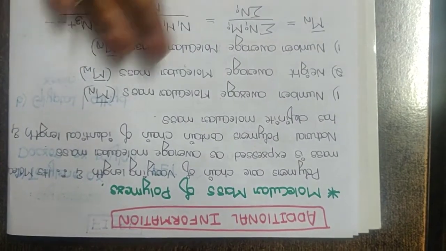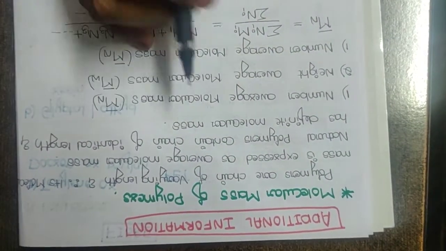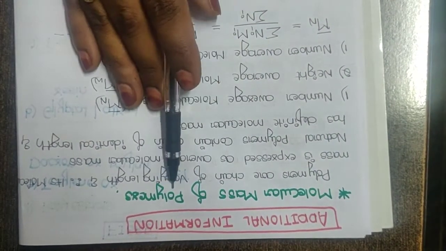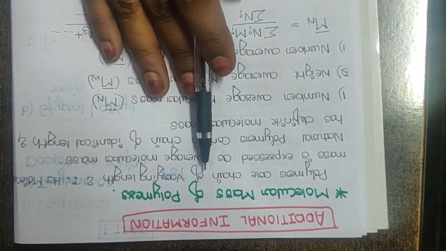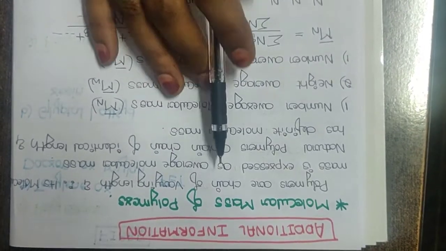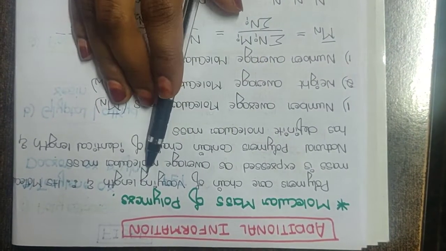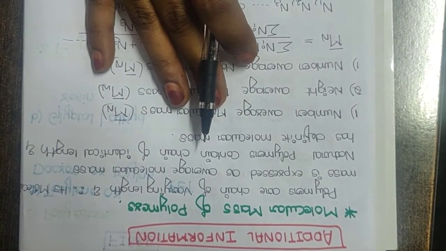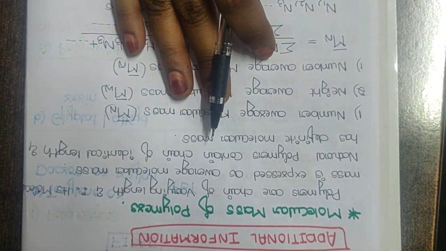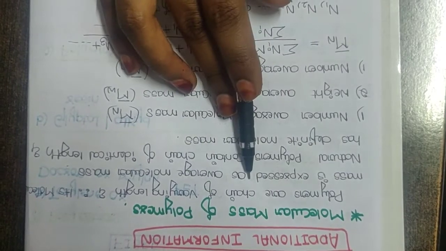Okay, so additional information: molecular mass of polymers. This is not there in your NCERT, but it is commonly asked for your competitive exams. So what do you mean by molecular mass of a polymer? Why we have to concentrate on molecular mass of a polymer is because usually polymers will be having a chain